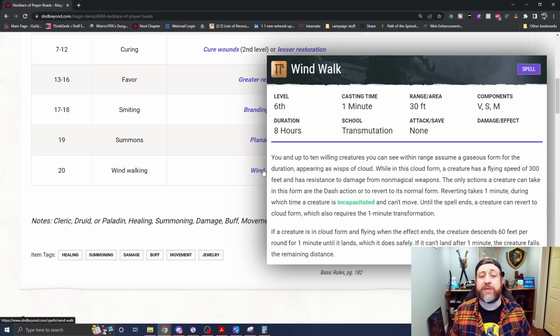Now, normally this would be a problem. I think we even saw this happen in one of the Critical Role episodes where someone cast Windwalk and then forgot that it was a 1-minute casting time, not a 1-action casting time. However, with the Necklace of Prayer Beads, that becomes a bonus action, allowing you potentially yourself and up to 10 other creatures to turn into these wind spirits to basically fly away very quickly or use it to traverse distance